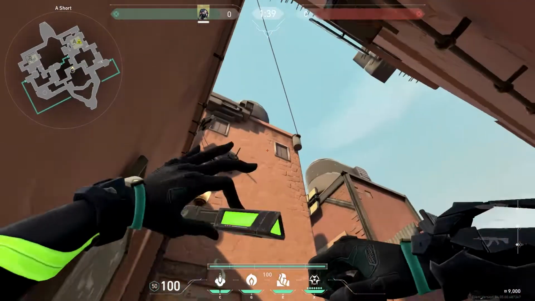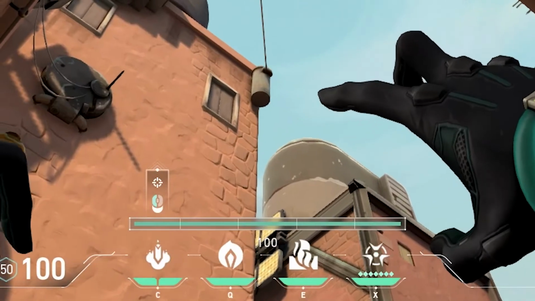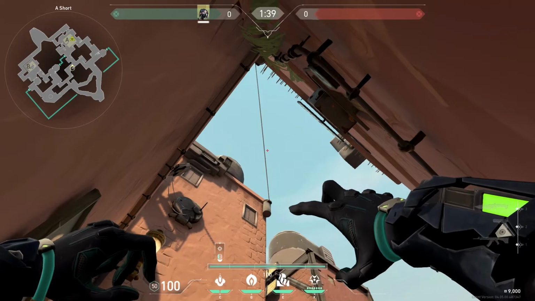To pull off this lineup, just stand on top of the barrel close to the entrance to A short, then line up the letter of your ultimate HUD, which is X for us, just like you see in the video,